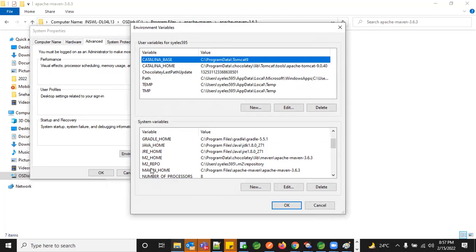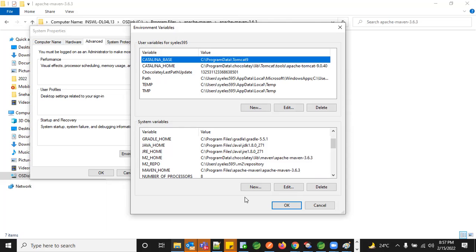You also create the same thing called Maven underscore home, because when you try to install Tomcat, it will expect something called Maven home. And for a few of the applications, it will expect a name called m2 home. So to avoid that, I'm asking you to create both m2 underscore home and Maven underscore home, pointing to C program files, Apache Maven, where you have your root. No need of bin or anything. Just create till the home path.